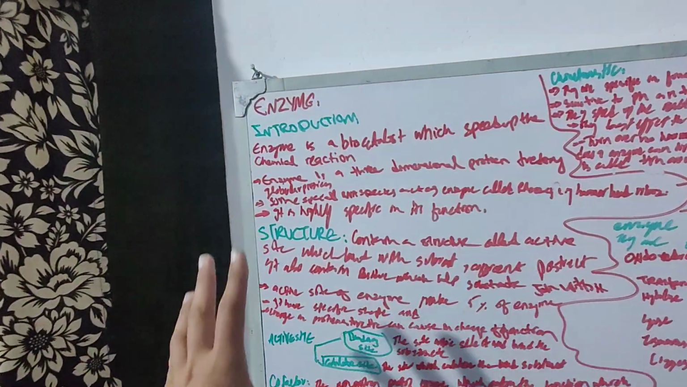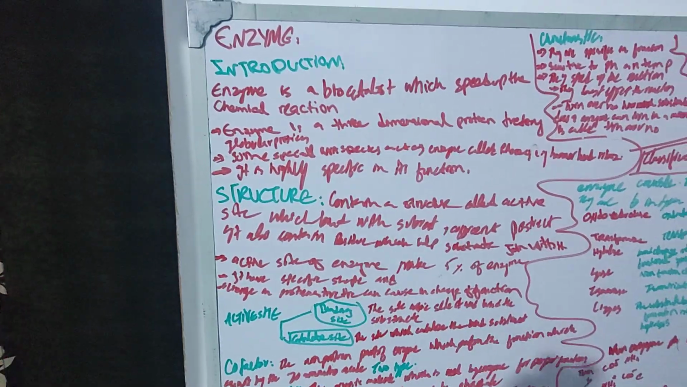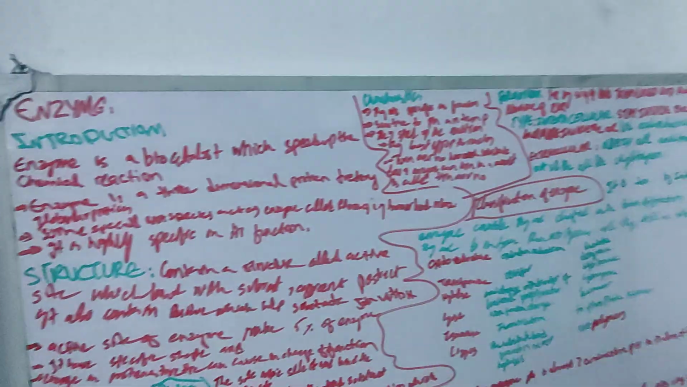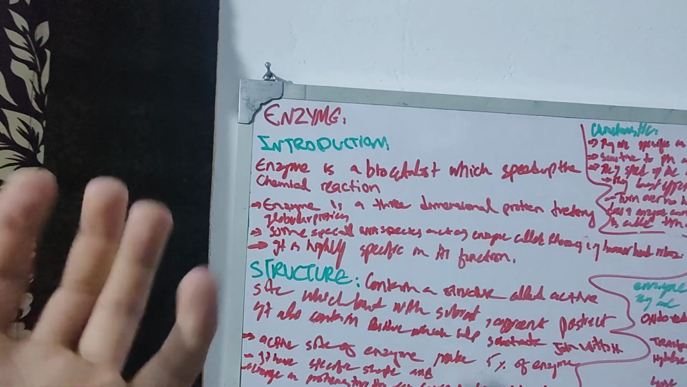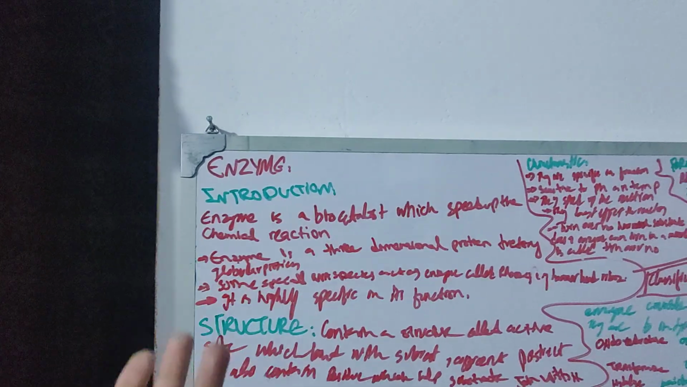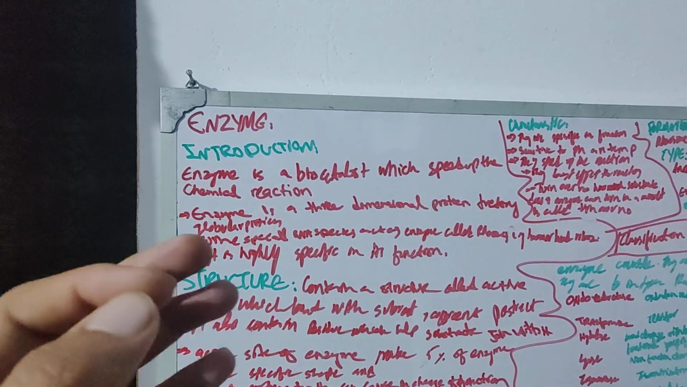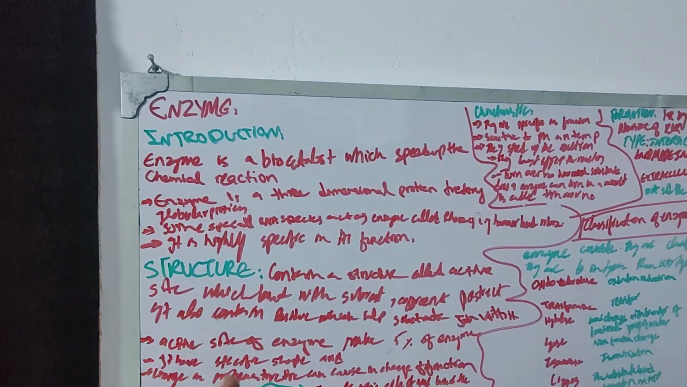Today we are going to study the enzyme structure, then cofactor, and then the classification of enzyme. First of all, we are going to look at the structure introduction. Enzyme is a biocatalyst which speeds up the chemical reaction. Enzyme is a three-dimensional globular protein,